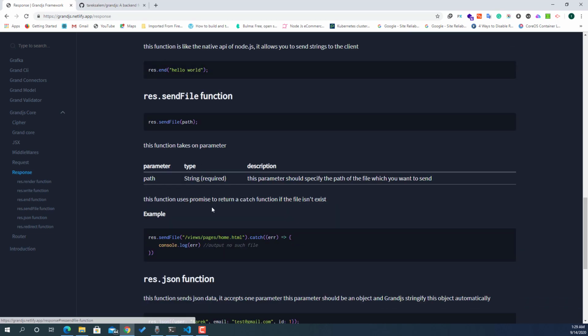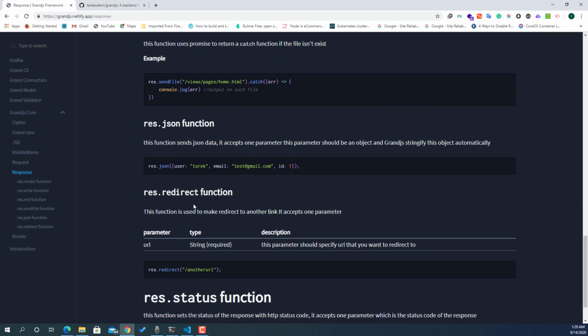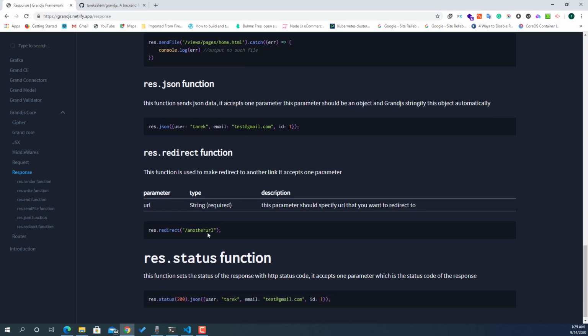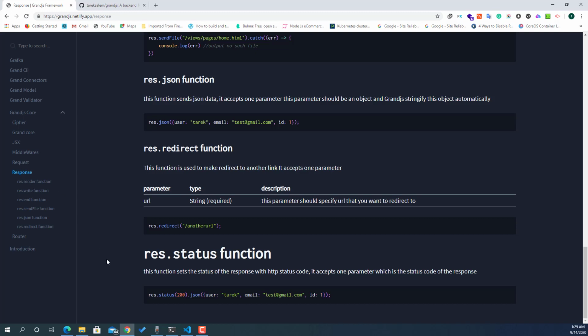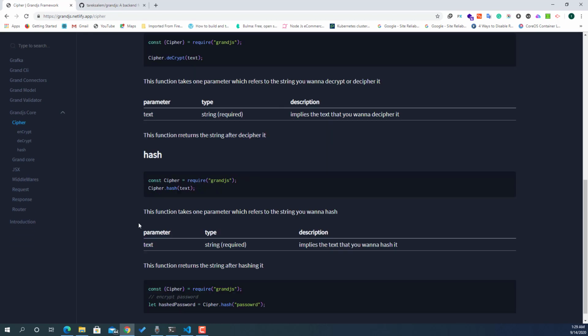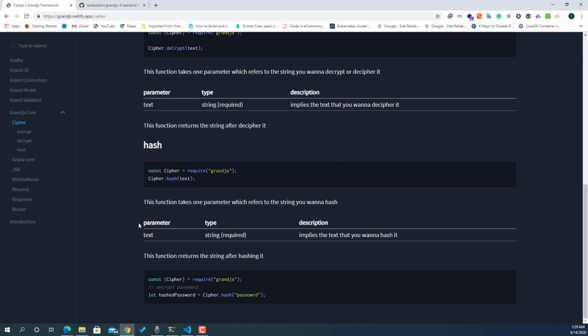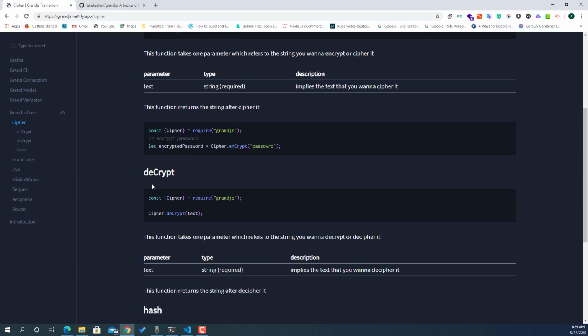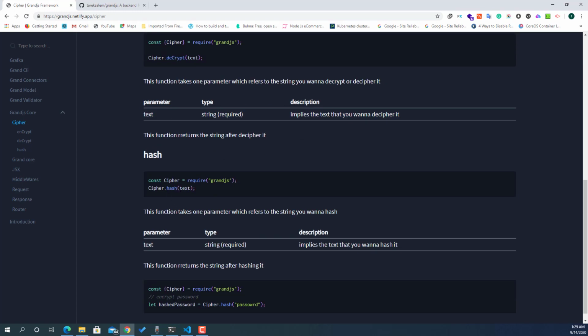Actually you can send file. It implements a lot of stuff like Express. You have response.json, response.status and so on. You have the chaining of the response, and all this stuff that you know in Express you can find in Grandjs. Also Grandjs core gives you two methods for ciphering and encrypting data, and you can encrypt and decrypt data, and also you can hash your texts or your data. So you don't need bcrypt library or anything for